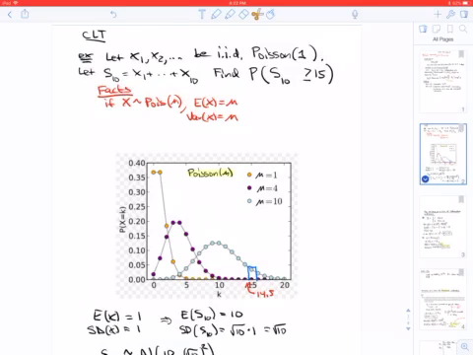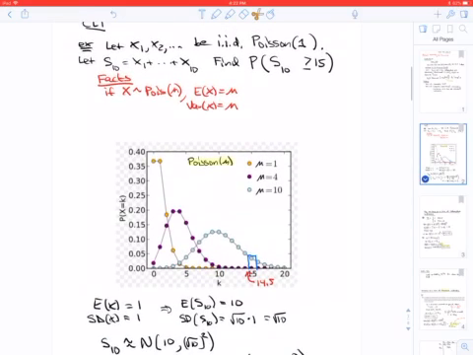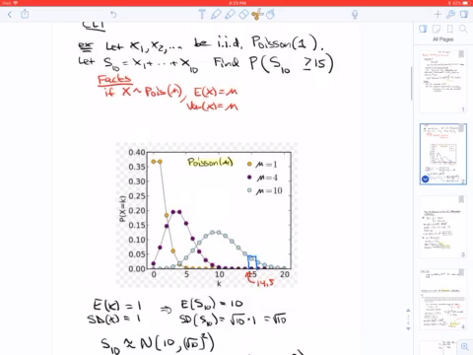So imagine that you have 10 Poisson 1s. The graph of Poisson 1 is shown in this picture here, and so it is very much not normal. But when you sum them together, you get a Poisson 10, and that is approximately normal. So that is the CLT at work here. We want to find the probability that S is greater than or equal to 15,